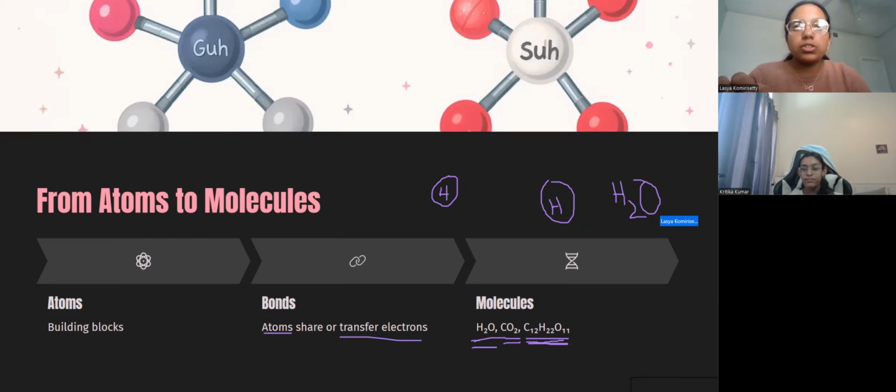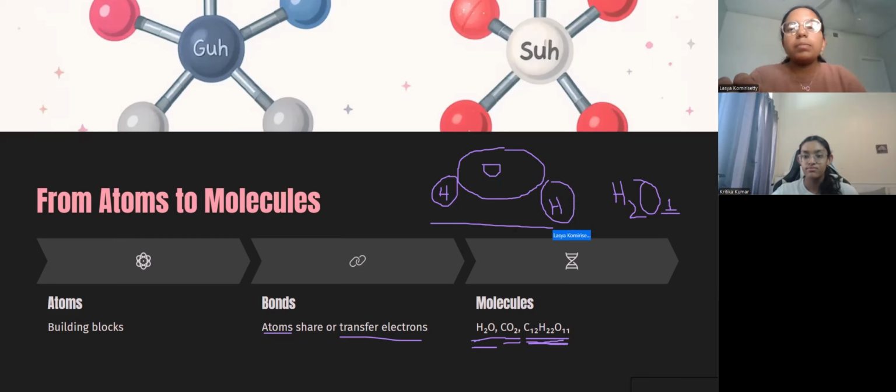Which is oxygen. That means there's an invisible one there. So that means you have one oxygen combining with these two hydrogens. So what it basically means is the one electron from hydrogen and the other electron from hydrogen, they both are being attracted to this